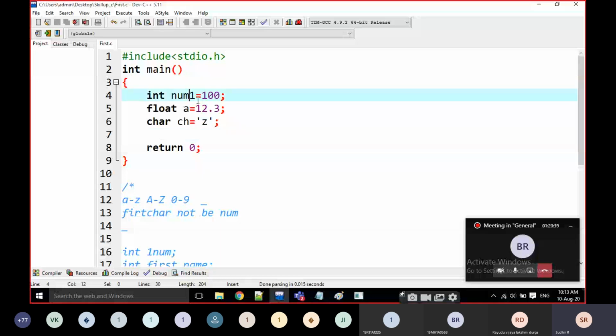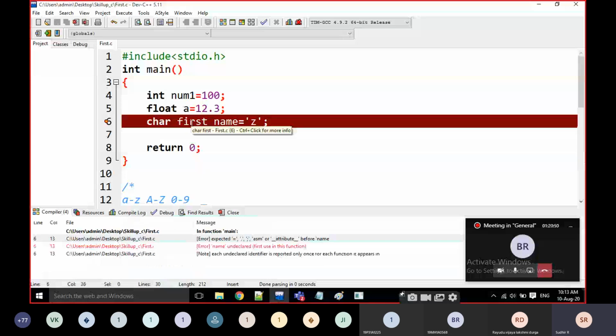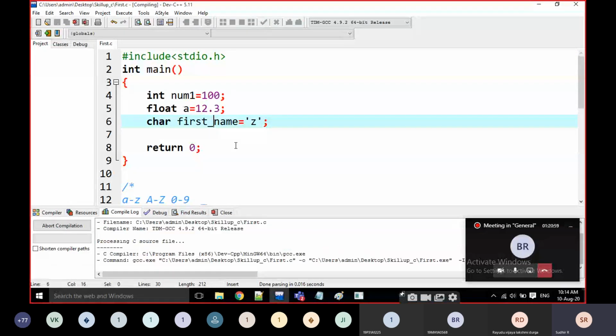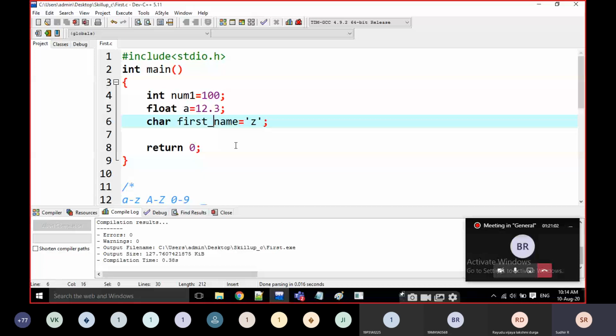For example, I am going to give the first character, FIRST, first name, like this. If I compile it, it is going to give an error in first name. Why? There is a space here, right? If you want to write any space, just use underscore. If I compile it, there are no errors.